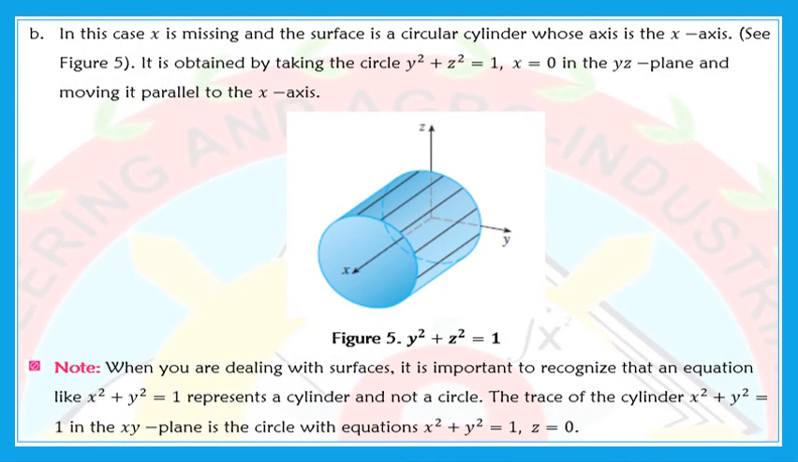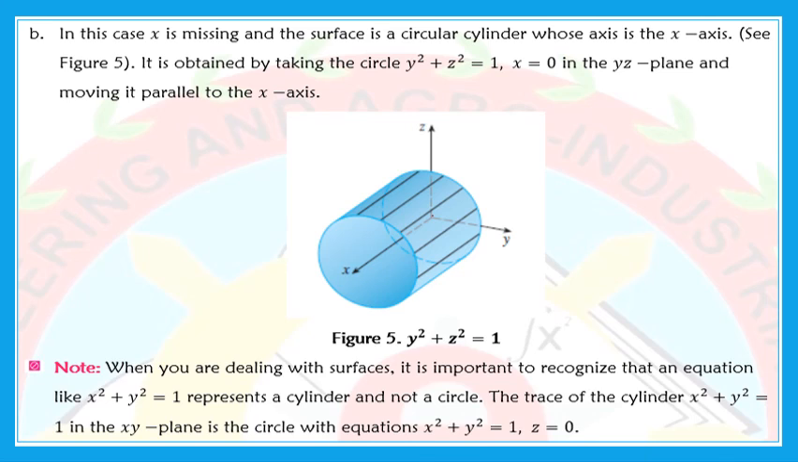In this case naman, sa letter B na example, x is missing and the surface is a circular cylinder whose axis is the x-axis. Okay. So, in this figure class, sa figure 5, di ba ang given natin na surface is y squared plus z squared is equal to 1. It is obtained by taking the circle pa rin siya, y squared plus z squared equals 1, where x is equal to 0 in the yz plane. Okay. So, and moving it parallel to the x-axis,